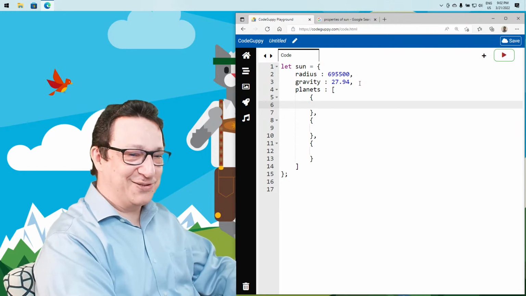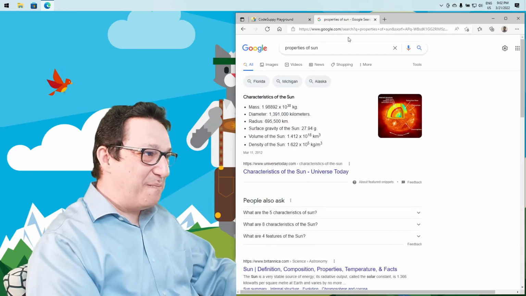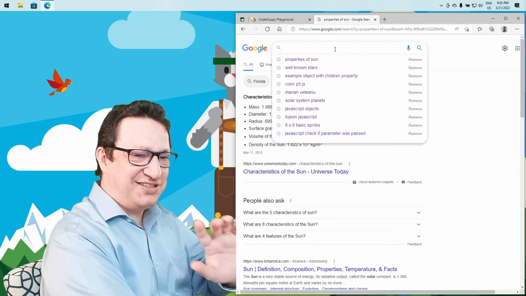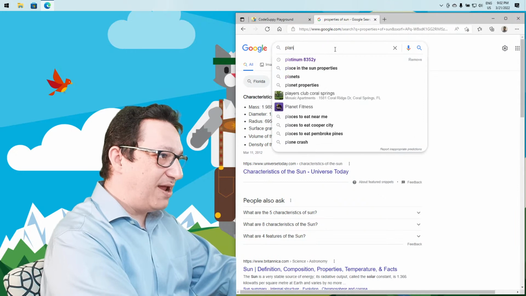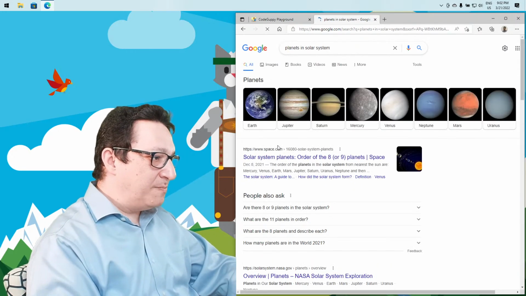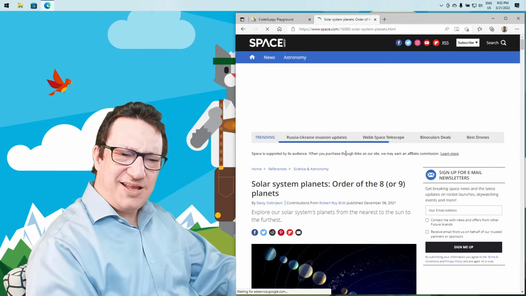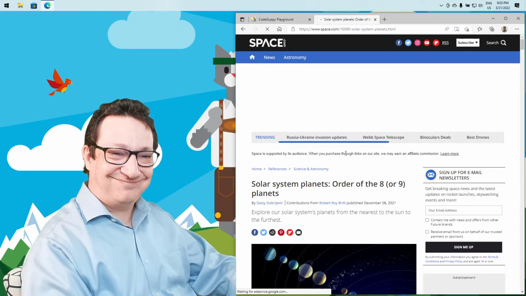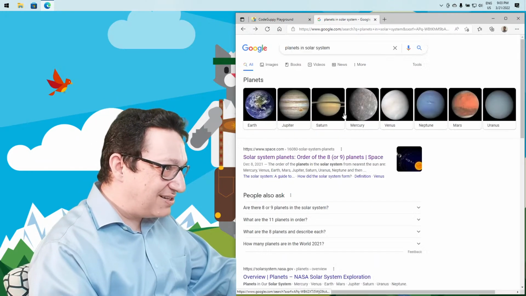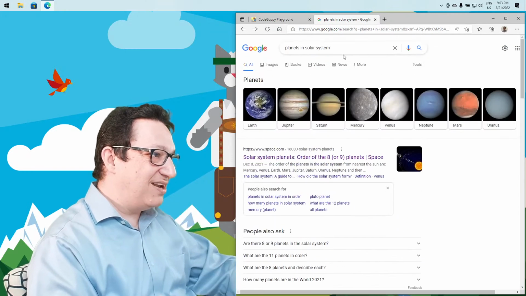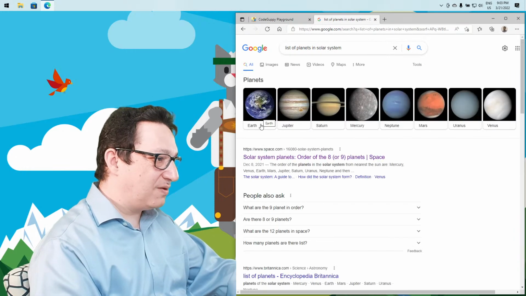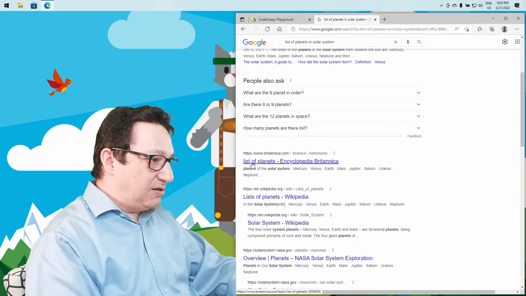What are the planets in our solar system? Mercury, Venus, Earth, Mars, those ones. Let's just see them here really quickly. Planets in solar system. All right. There are 8 or 9 planets nowadays. Who knows? Type it in the chat. There's a controversy with this one. Well, let's find another one. List of planets in solar system. Okay, list of